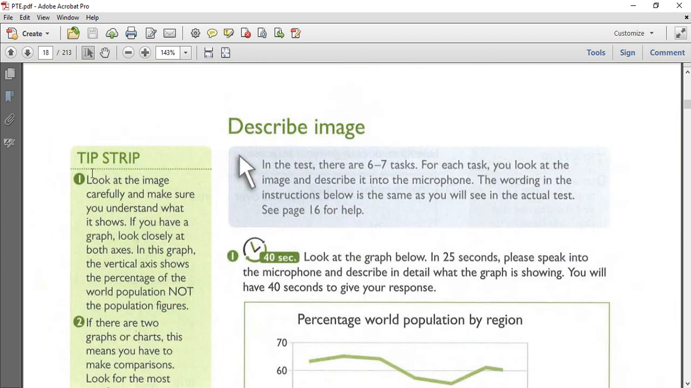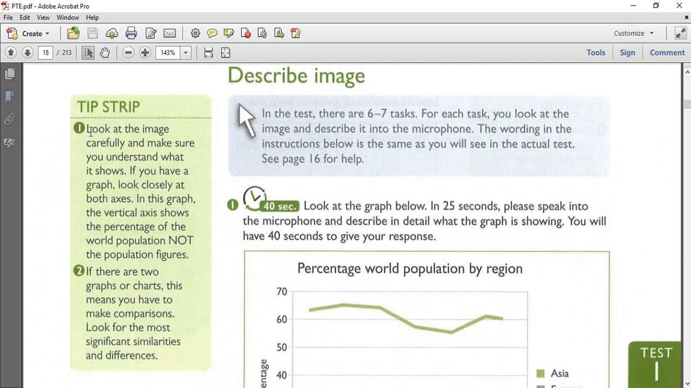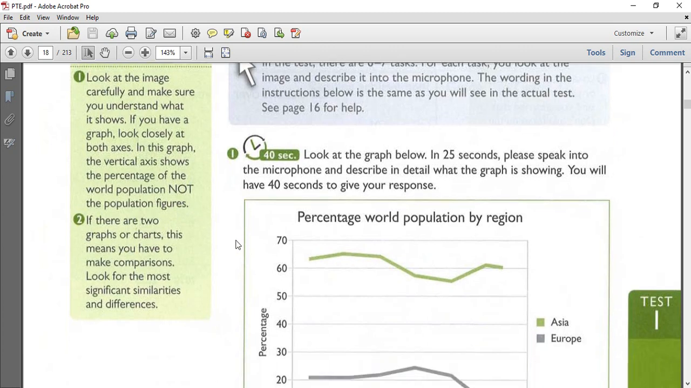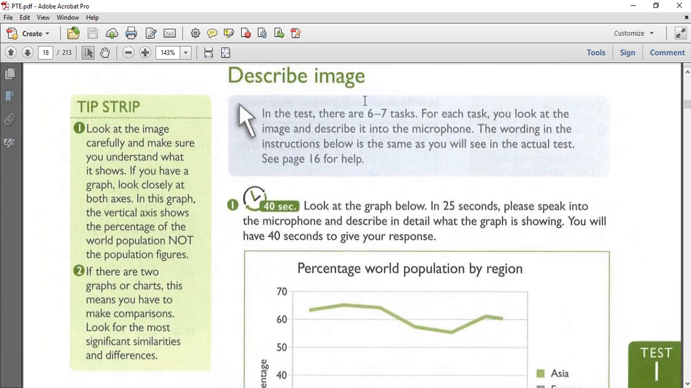And now let's go and see the tip script. So the first one is: look at the image carefully and make sure that you understand what it shows. If you have a graph, look closely at both axes in this graph. The vertical axis shows the percentage of the world population, not the population figures. Okay, so in this task,